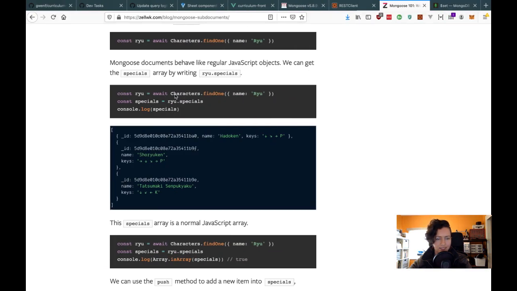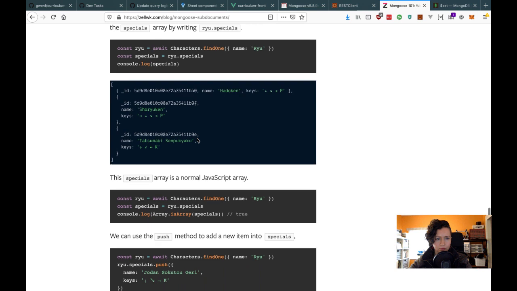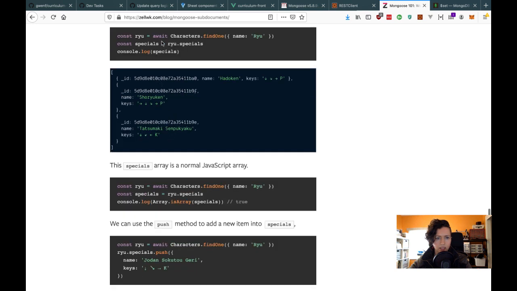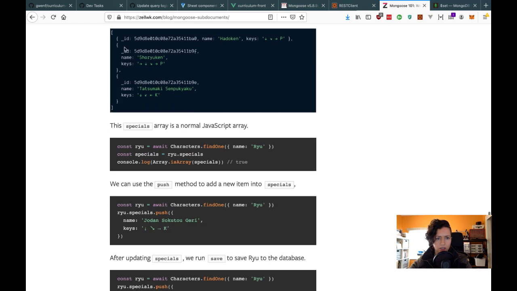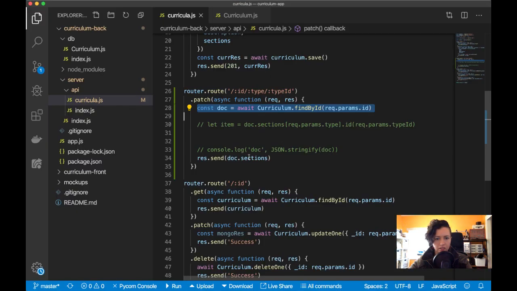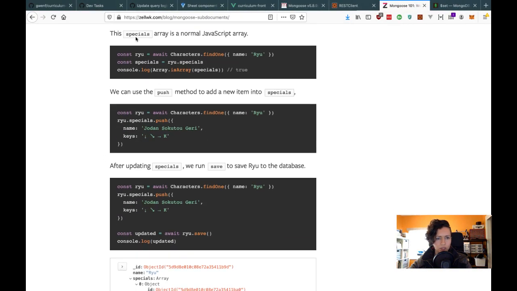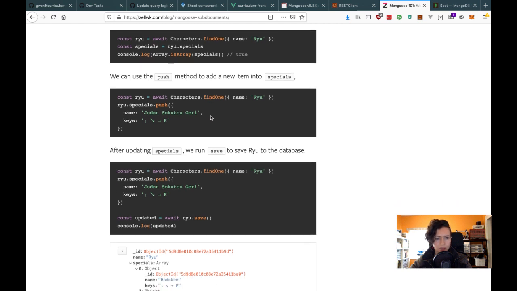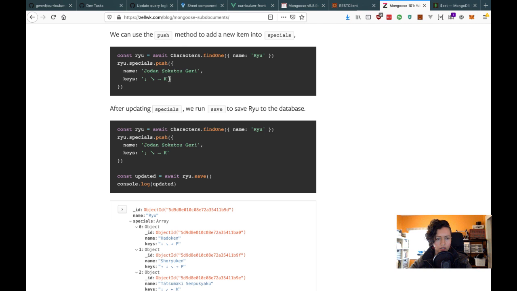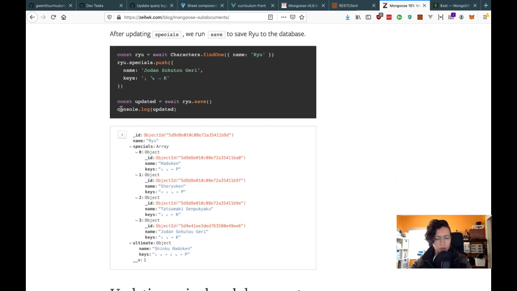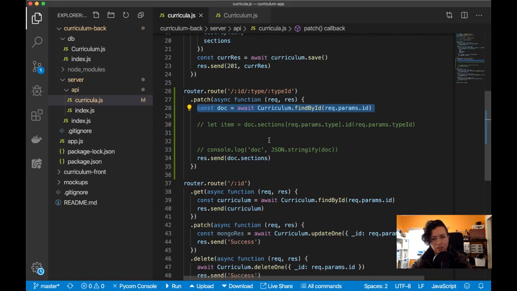And then, all right, and then, yeah, specials. Okay. So you can get the specials off of that, which is just what we were doing here. That's the same doc.sections. We were getting the sections off of the document. And then the specials array is a normal JavaScript array. Yep. So you can push. That's good. So I guess we should be able to update. Yeah, that's the thing. So we need to just find,